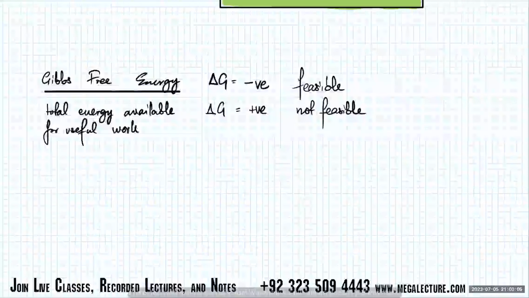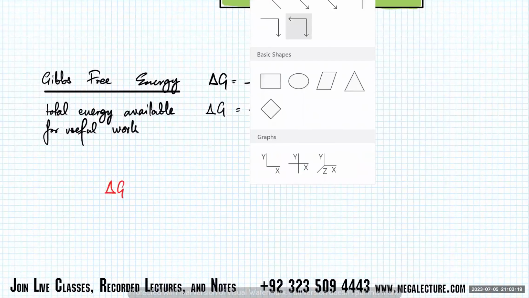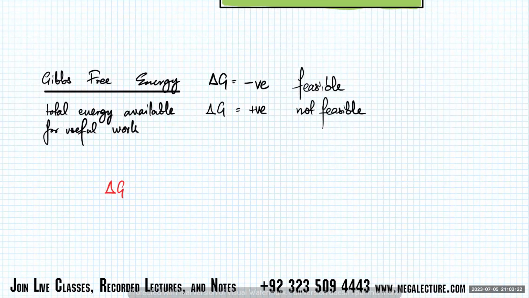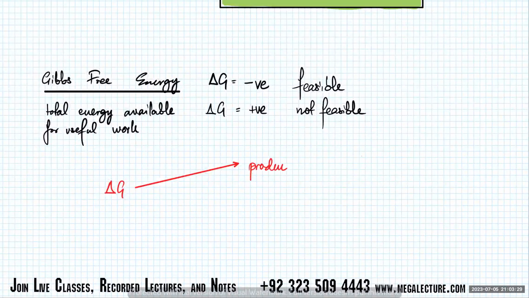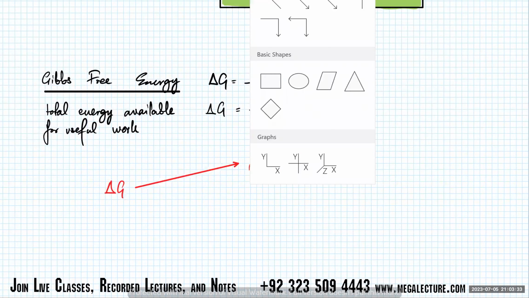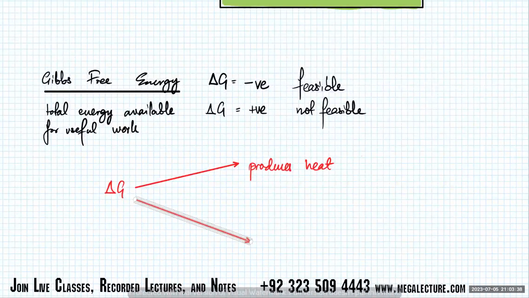So the point is, how do you figure out whether the system has energy or not? Delta G is the total energy that is available to a system, right? There are two things. We've discussed this before: every system produces work in two ways. It produces heat energy or consumes heat energy. And the second way in which it does work is that it produces disorder.